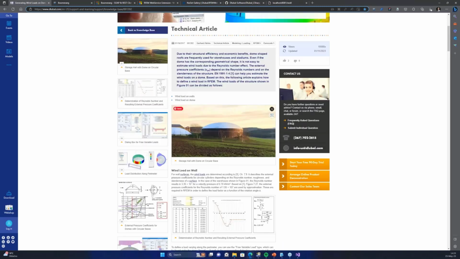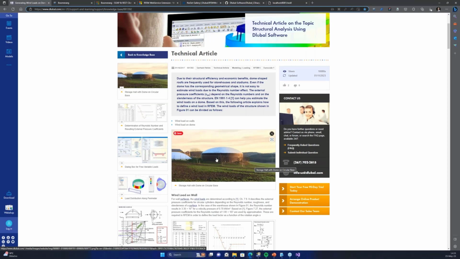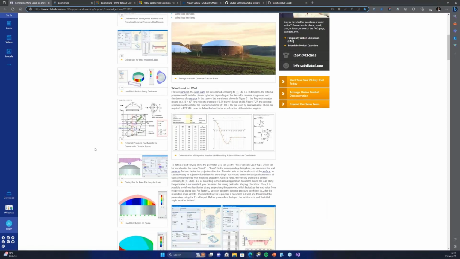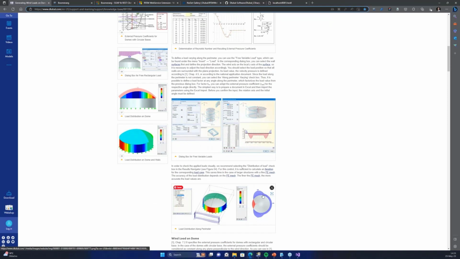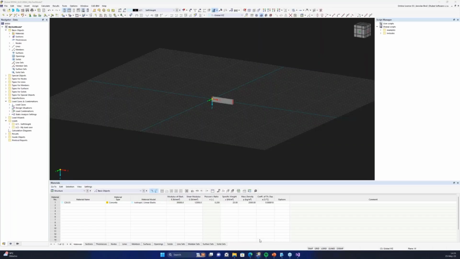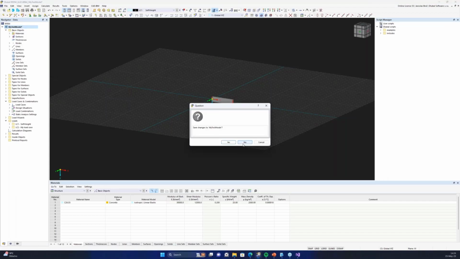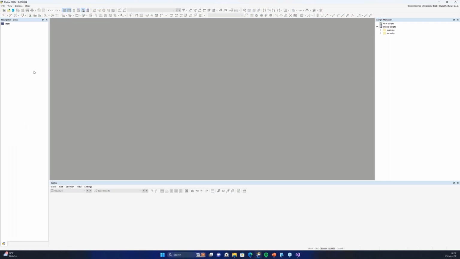Basically, it's generating the wind load acting on this structure, and we should receive something which looks like this, some Mickey Mouse shape of the load. And here I'll close this one, and then I'll open what I have prepared. That's basically the same structure,